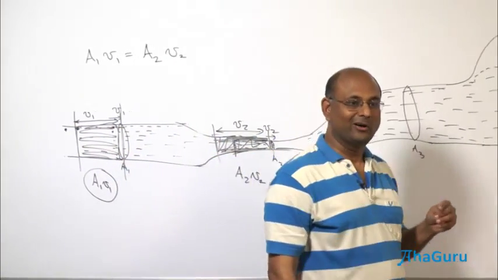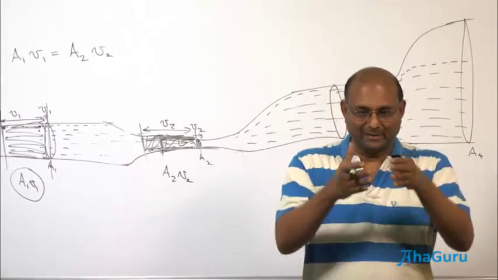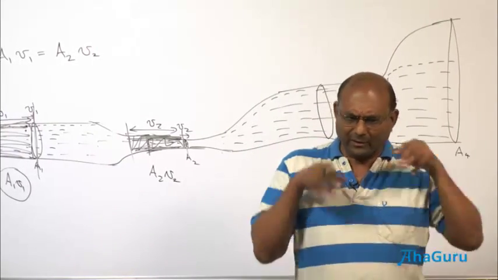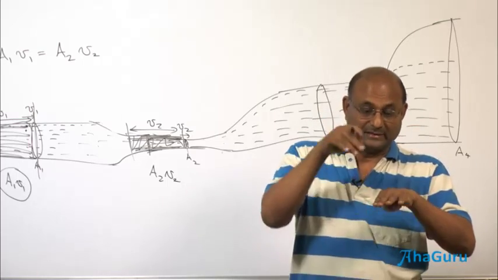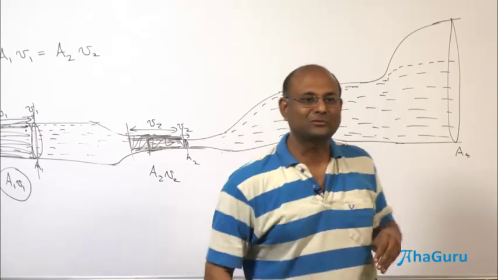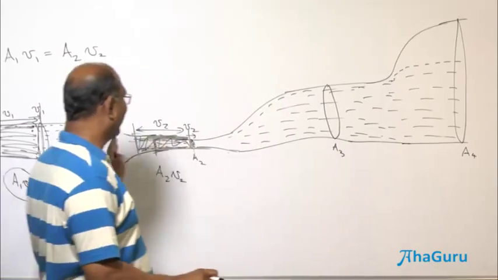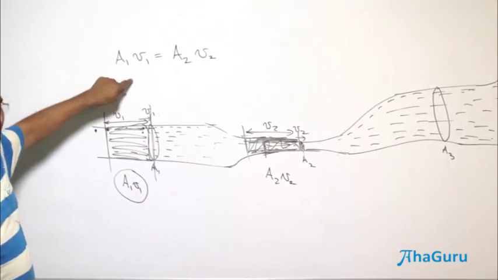This is like Kirchhoff's current law. All the current that comes in must get out. Right now whatever is entering must get out. It doesn't mean that it has to enter now and the same thing has to get out. A corresponding amount has to get out. Okay, it is the same idea. So we call this the continuity equation.